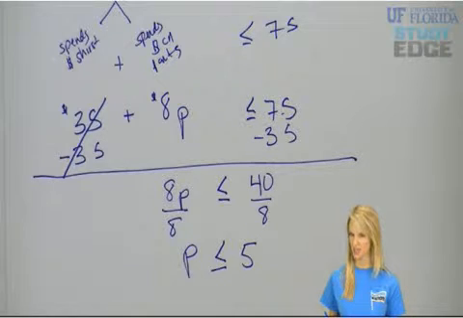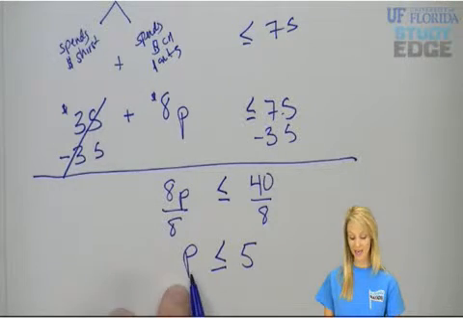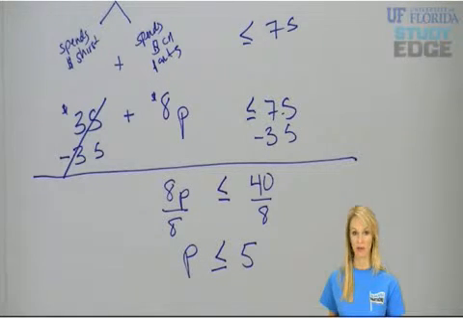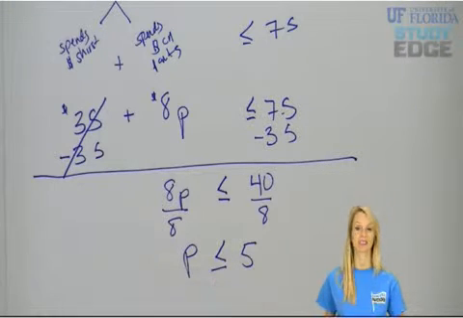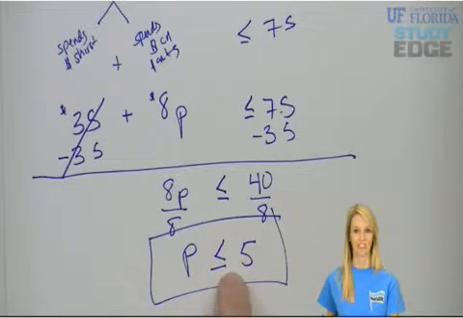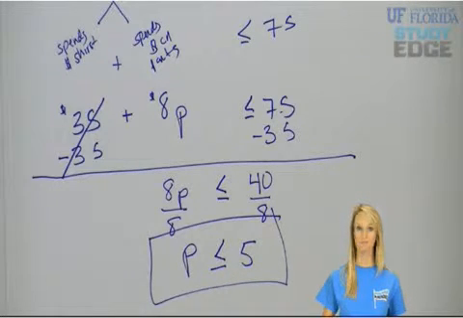Can't buy a negative number of pants, right? So we know that he can't buy any more than 5 pairs of pants. He's got to stay in his budget. So he can walk away with a bunch of shirts and spend $35 on them, and he can walk away with 5 pairs of pants and will still be in budget. The maximum number of pants he can buy is 5. Can he buy 6 pants? No. If he buys 6 pairs